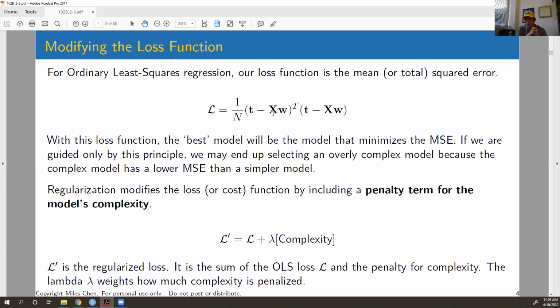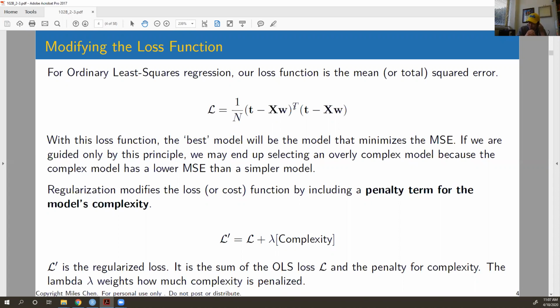And we square those, and we add those up, right? In terms of matrices, we have (t minus xw) transpose (t minus xw). And we're going to say the model that's best is the model that minimizes this least squares, or the mean squared error. All right. But the problem with using this and only this is that we might end up picking